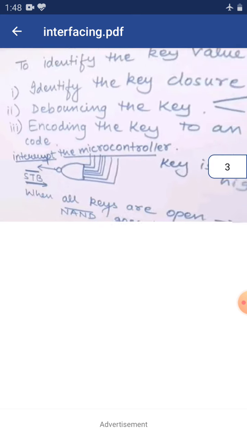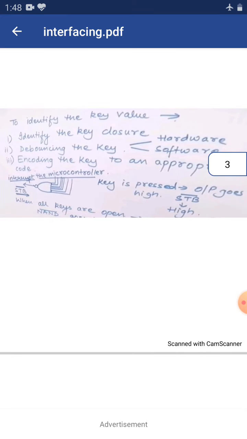So here the strobe output, that is the NAND output, will interrupt the microcontroller according to its value. When it has 0 value, that means no key is being pressed, and when it has value 1, that indicates there is a key being pressed. So it will interrupt the microcontroller.